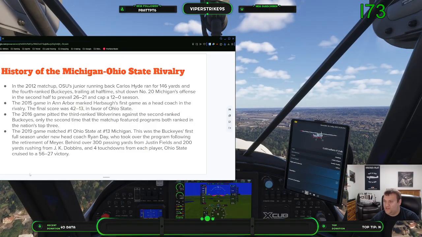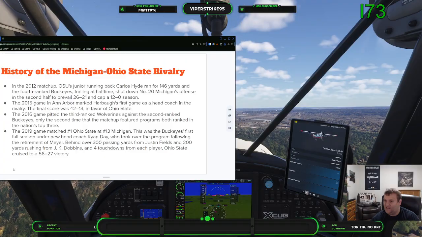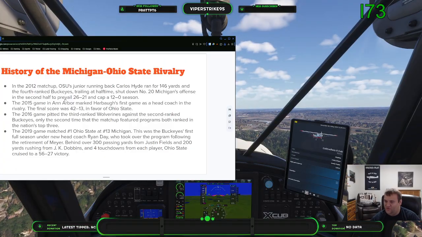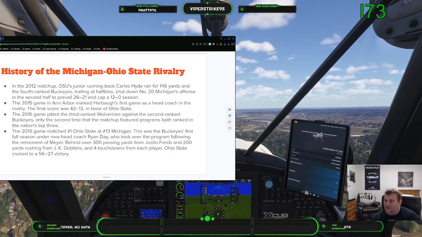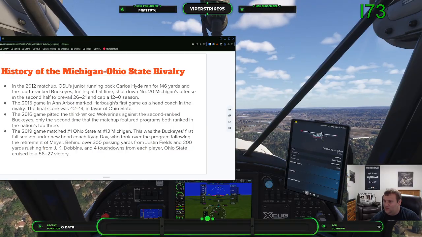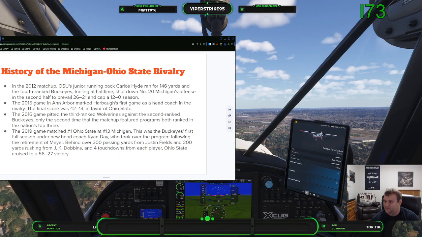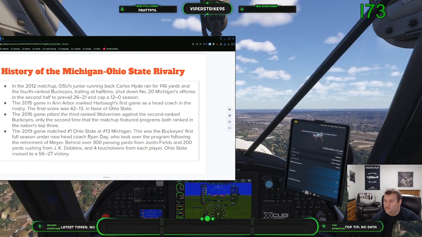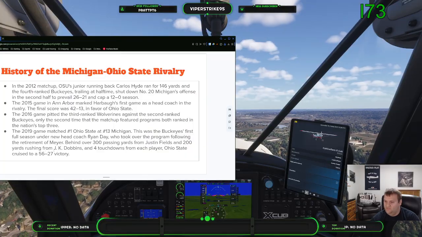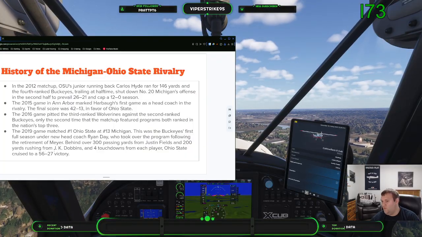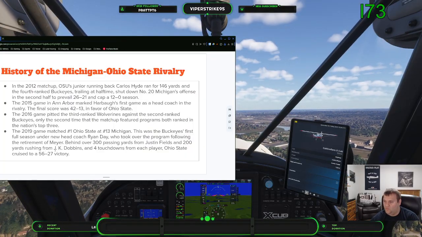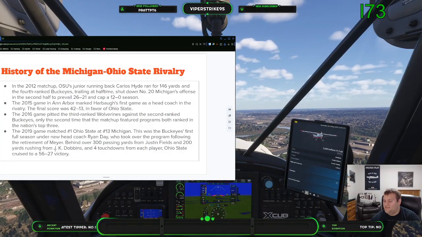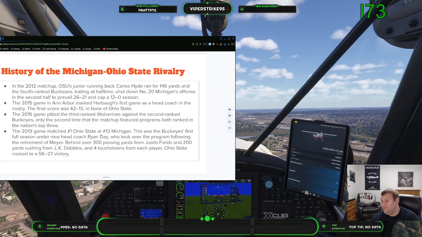Then another chapter changed. The Michigan Wolverines hired Jim Harbaugh, who was the former Michigan quarterback for a couple years. The rivalry became even more competitive during that time, as Michigan won the big game, and of course, in 2019, after Urban Meyer left, Ryan Day took over, and Ohio State crushed Michigan in 2019.